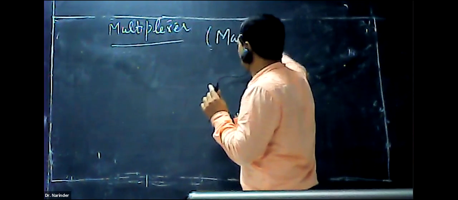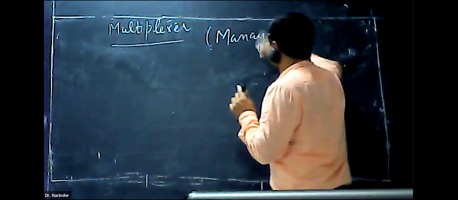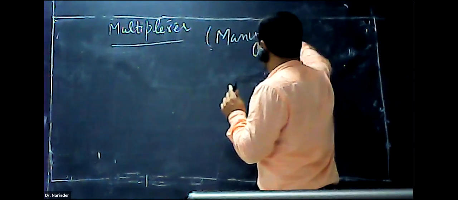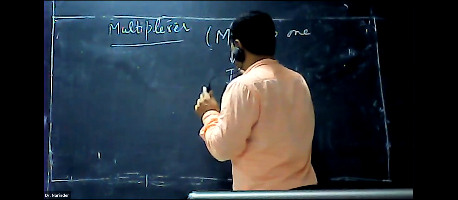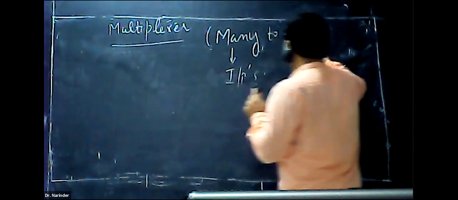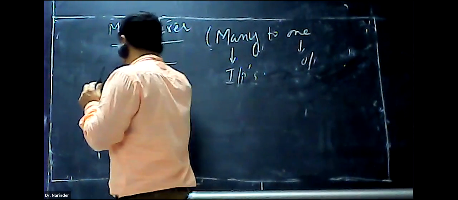Multiplexer. Many-to-one. Many-to-one means many inputs, one output. If we draw its block diagram,